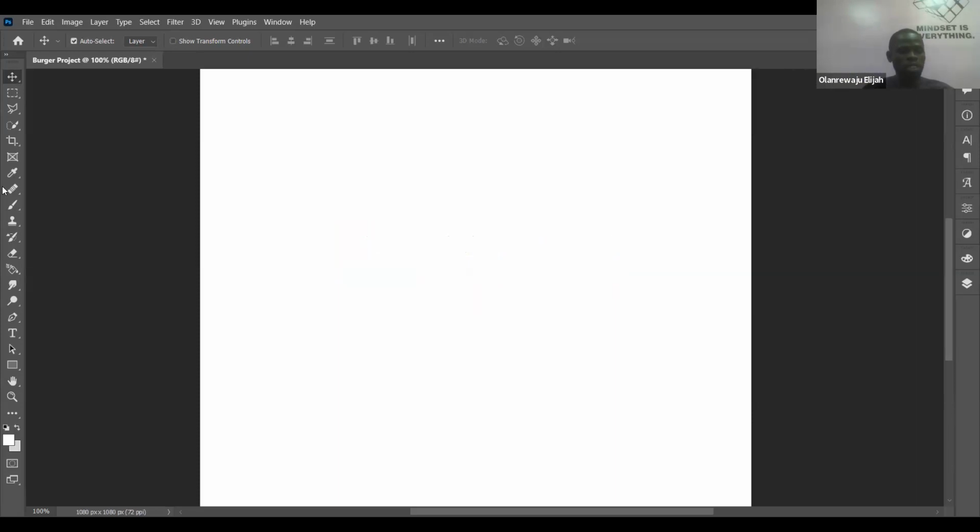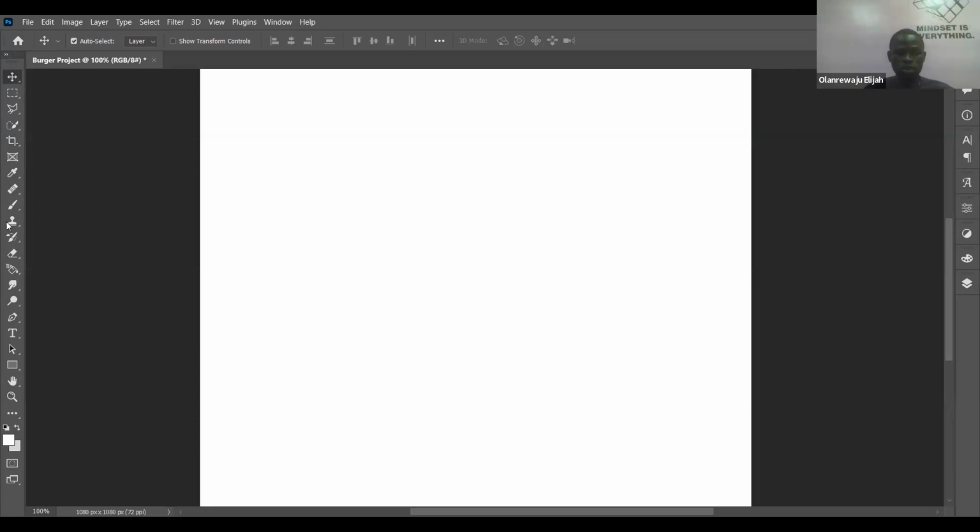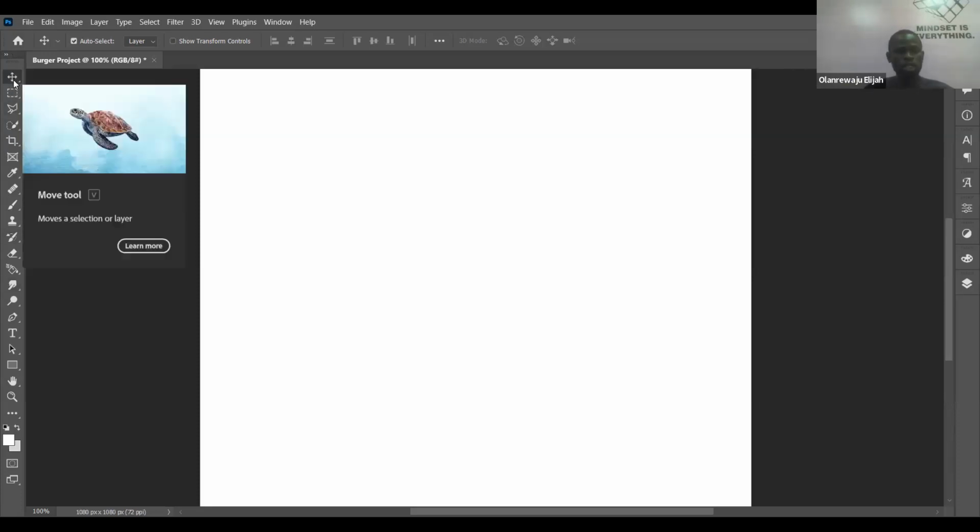It's not that you will be working with all the tools here. In fact, when you are creating anything in Photoshop, there are major ones you are going to be working with. I believe that after I've sent you the link to a Photoshop tutorial that I said I was going to send to you, you will understand the usefulness of all these tools better. But now I'm just going to show us maybe 4 of these tools.